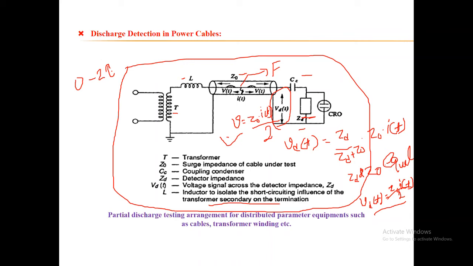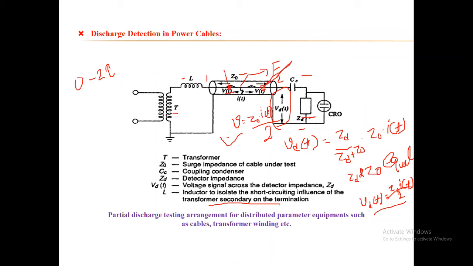So ultimately, by using this time difference phenomenon, the time which is captured externally to the cable, one can predict the location of the fault. If the fault is occurring exactly at the middle point, then the difference between the times of flight of the two transmitted waves is 0. It means that one can easily say that the fault is occurring exactly at the center of the cable. So this is how the discharges can be detected in power cables.